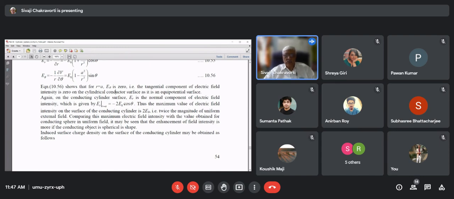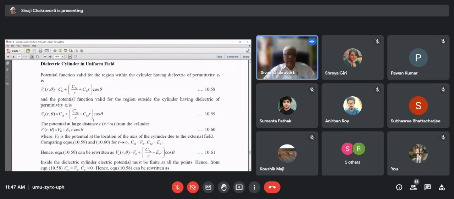Then we take the dielectric cylinder, that means a fibrous cylinder, a fibrous impurity floating in oil. The same way, we write two solutions: 10.58 is inside the cylinder, which has a particular permittivity, and equation 10.59 is external to the dielectric cylinder, which has a different permittivity. Again we start with the same concept: if we take r much greater than a,